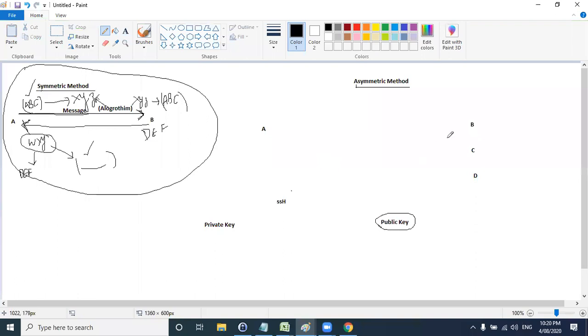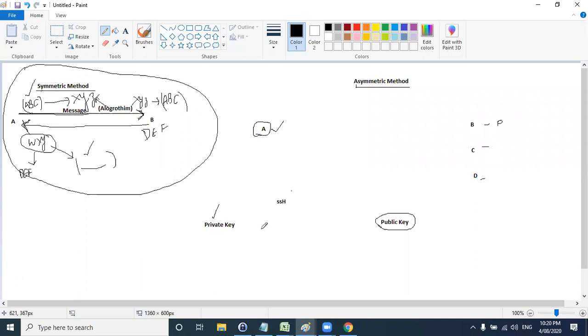Let's say this is one EC2 instance, this is one EC2 instance, and this is one EC2 instance. We will give this public key to all the EC2 instances, and the sender will have one private key. So let's say A will have a private key and B, C, D will have public keys.